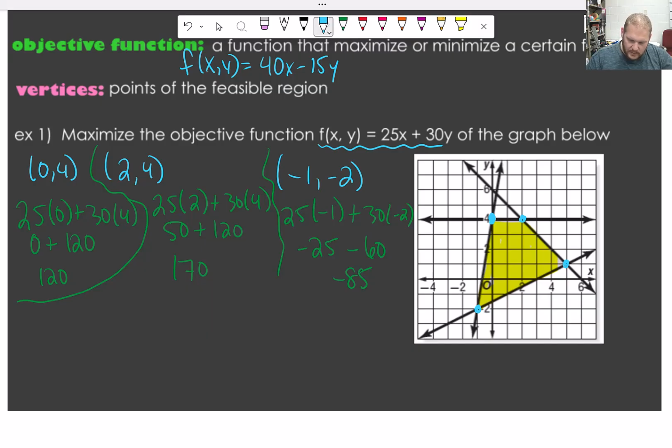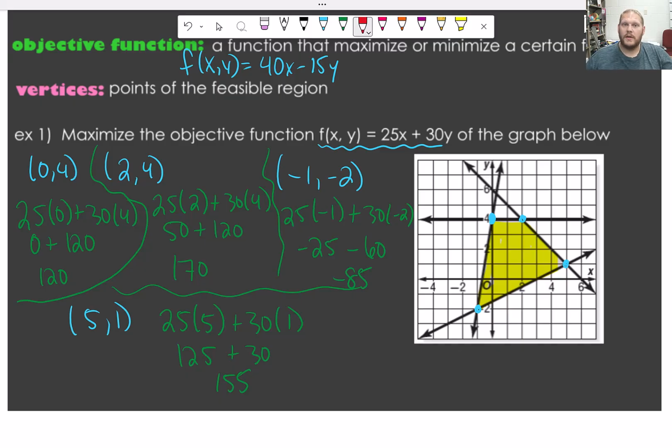And then our last one, I'm going to have to rewrite here at the bottom, was 5 comma 1. And that would have been 25 times 5 plus 30 times 1, which would be 125 plus 30, so 155. So now that I've got my values for each of those different vertices,